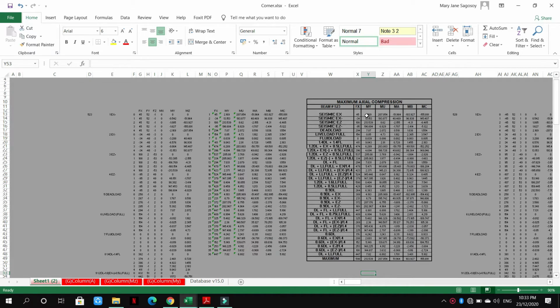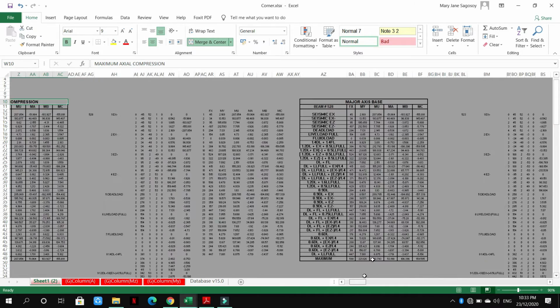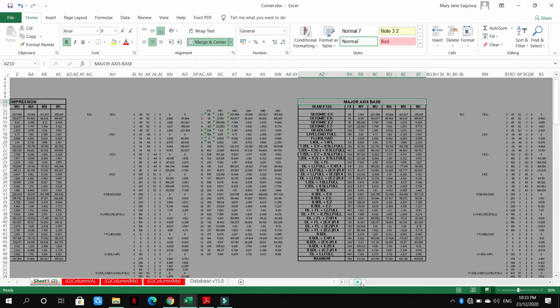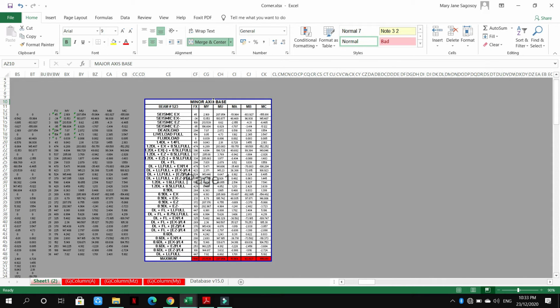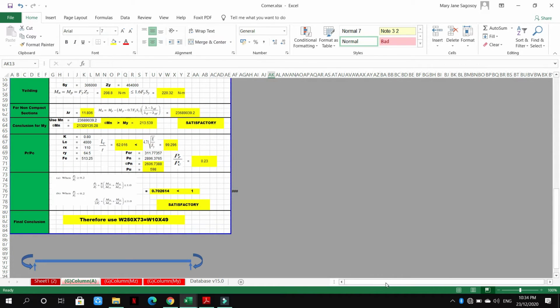So, there are three types of analysis for our column. The first is for the major axis, or Mz, the minor axis, or My, and for the axial, or Fx. So, first, in our tabulation, first is the axial compression. Next is the major axis. And second is the minor axis. So, let's go to the design section. So, in here,